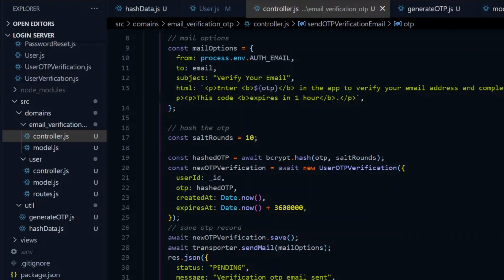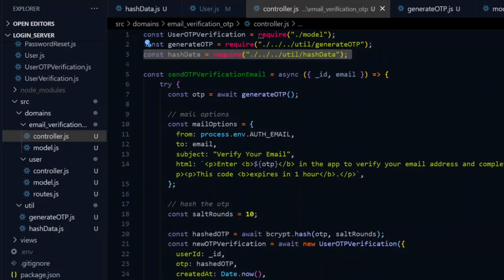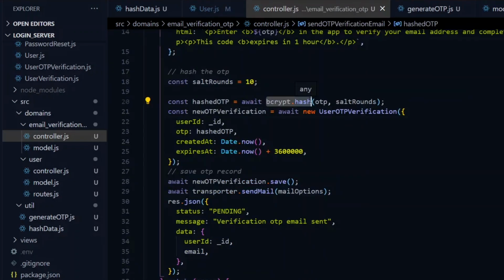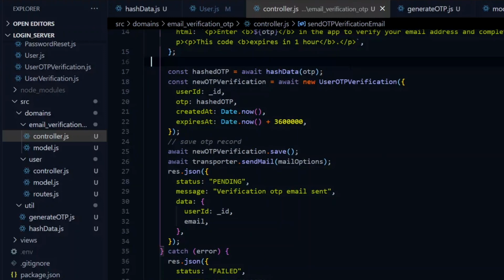Now after the mail options object, we see that we are hashing some data, and we've already created a function for hashing, so we import that to be used. All we need to do is to pass the OTP to the function. Right after that, we'll create an OTP verification record and save it, and we'll make use of a transporter to send the email. But in this file, we don't have the transporter here,